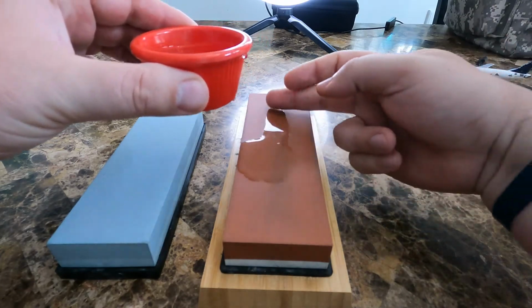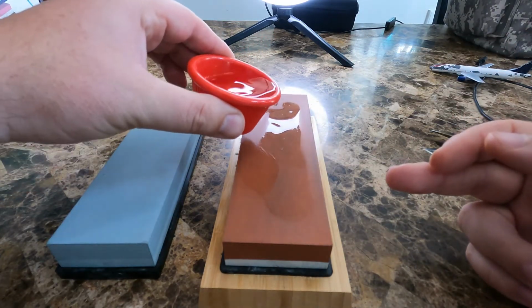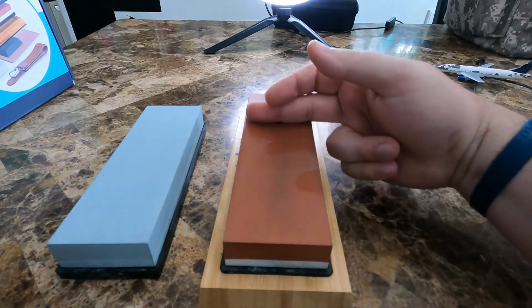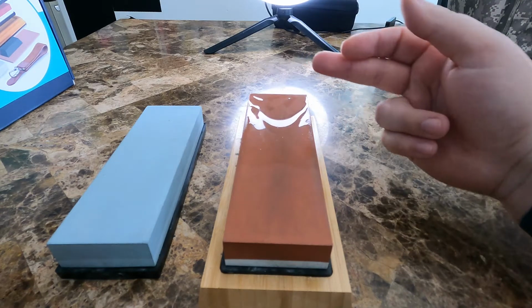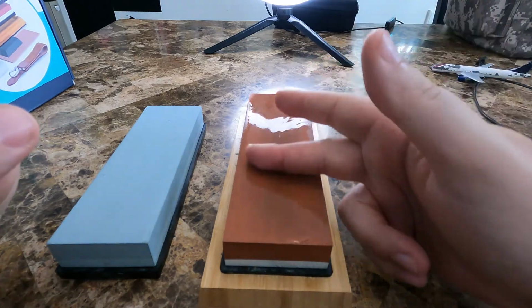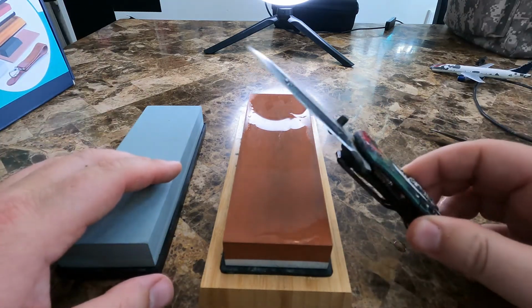Just pour a little bit. See how it's just kind of sitting up at the top? If it absorbs fast, your whetstone is too dry and you're going to damage the stone. You can see how I spread it. It's fine. So what you would do is you would take your handy dandy knife,